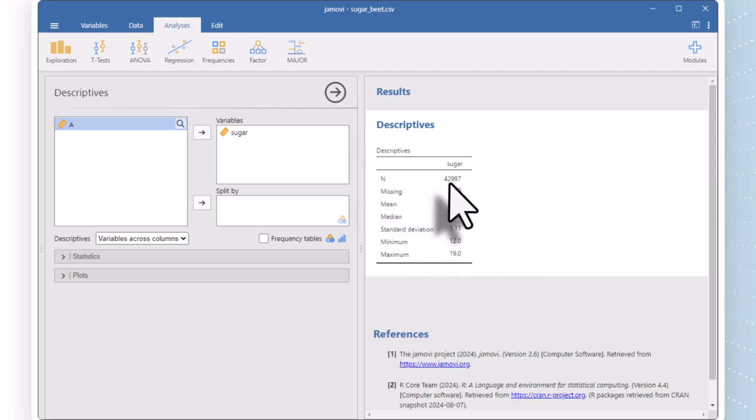It says there are 42,997 rows of data. The mean value is 15.2, the median is 15.5, the standard deviation is 1.11, the minimum is 12 and the maximum is 19. If I want to do something more sophisticated, I can go over onto this left hand side